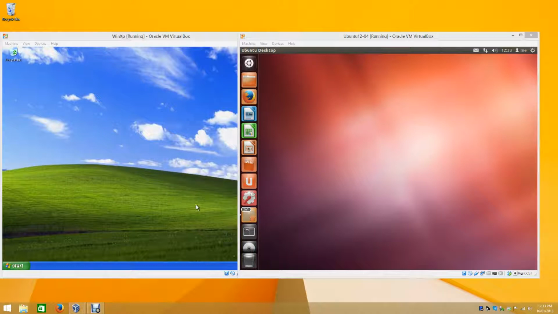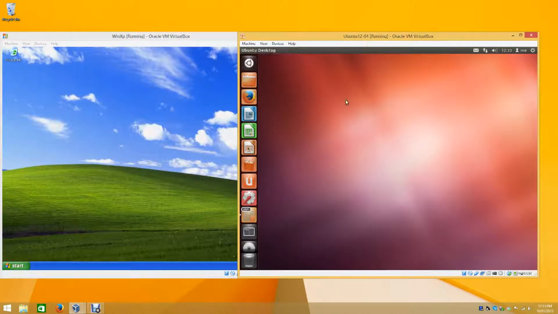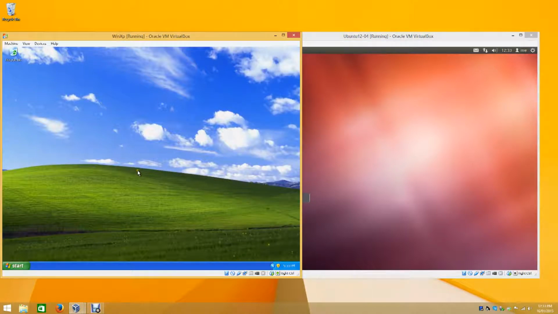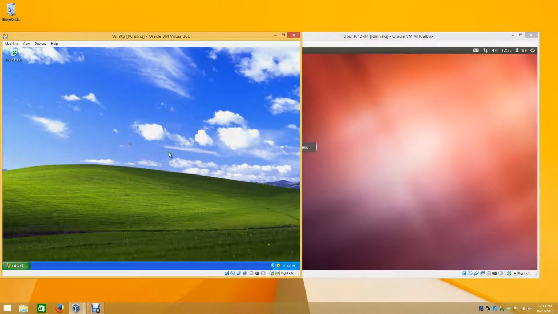Straight into it today. What I've got in front of me are two virtual machines, one Windows XP machine and one Ubuntu 12.04 machine. The purpose of this video is to help anybody migrating from a Windows environment over to Linux, and specifically an Ubuntu environment. I'm using Windows XP here simply because it's what I had quickly and easily available to me,